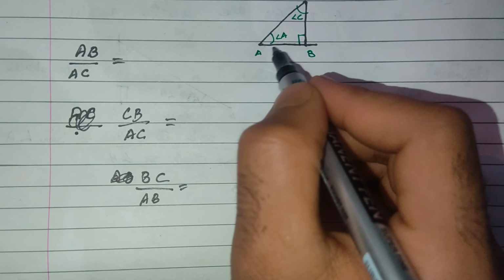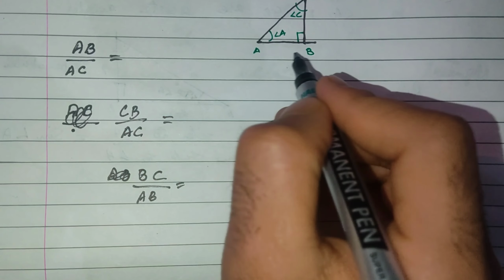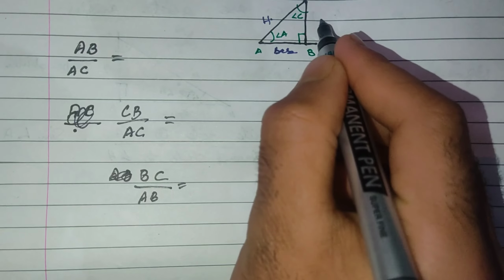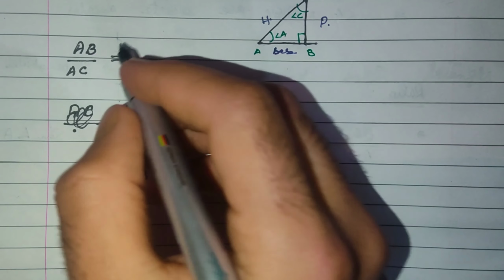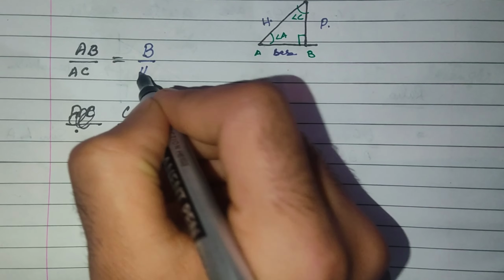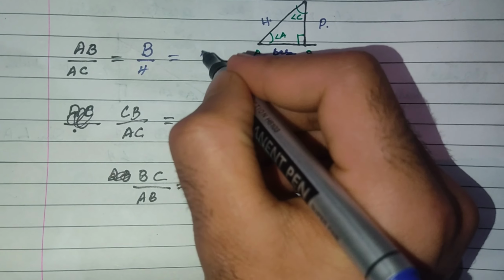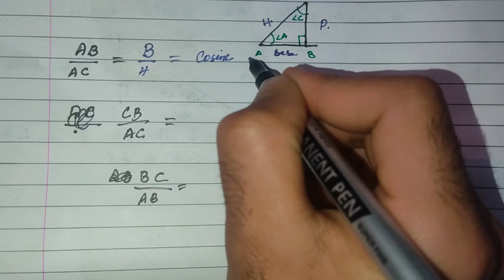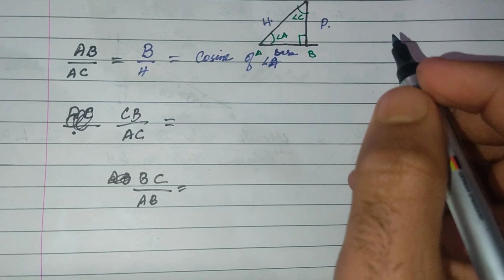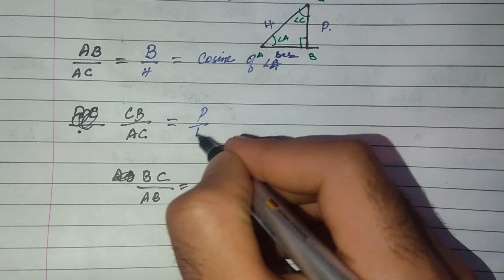For this angle, adjacent to the angle A, it is the base. This is the base for angle A, this is the hypotenuse, this is the perpendicular. So base, denoted by B, and hypotenuse by H. Base divided by hypotenuse is cosine of angle A, and perpendicular divided by hypotenuse